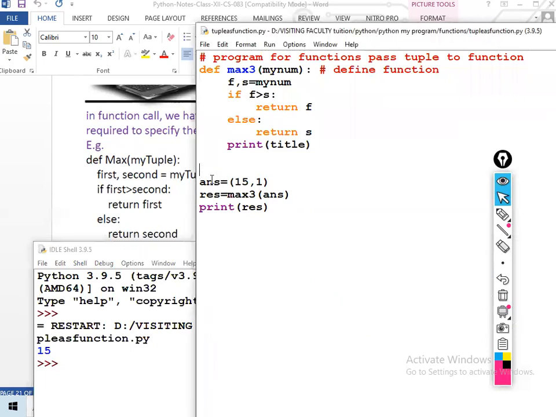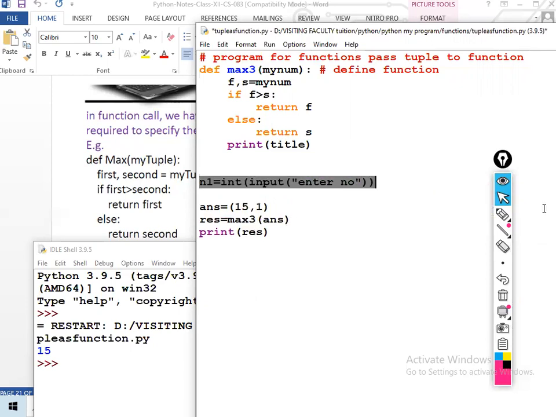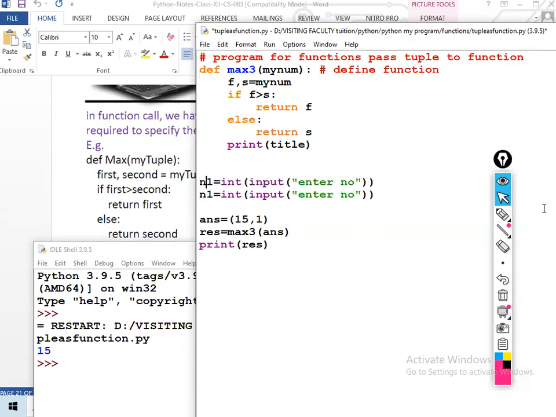You can also input n1 and second number and pass them in.